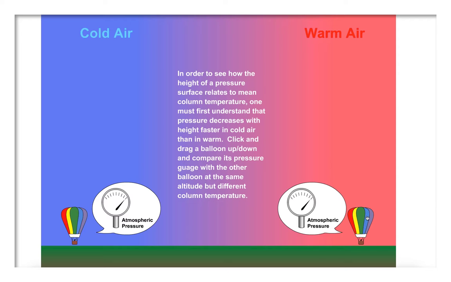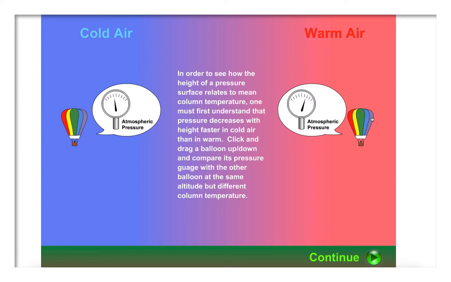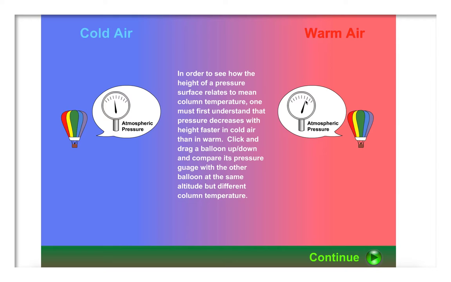We're going to push these balloons upwards and see how the pressure changes at the height of the balloons. So as we're going up in the warm air column, the pressure is decreasing less than the pressure is decreasing in the cold air column. So therefore, pressure decreases with height faster in cold air columns than it does in warm air columns. The reason is pretty simple. Cold air columns have a lot more molecules packed in a tighter space. Therefore, as you go up in elevation, you're getting past more and more molecules, leaving less above you at a given height. That reduces the pressure at each level as you go up in height.